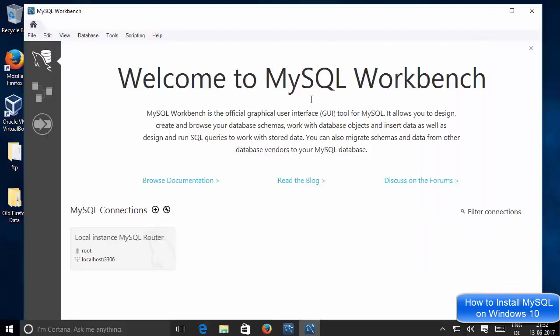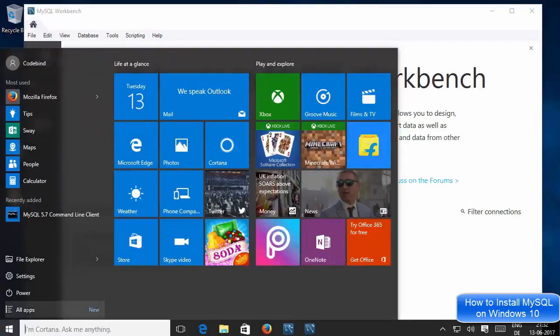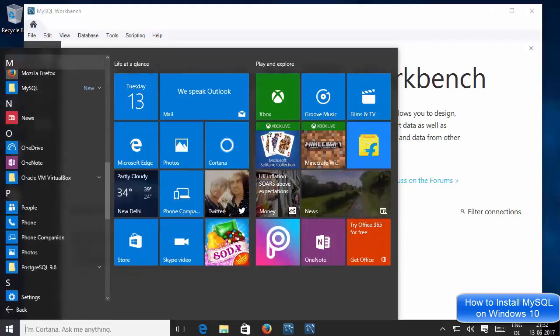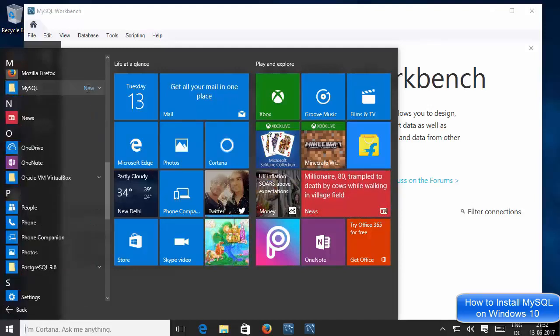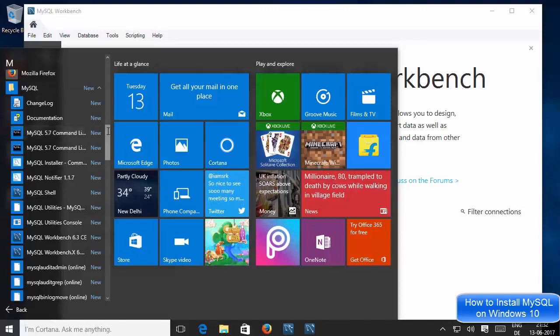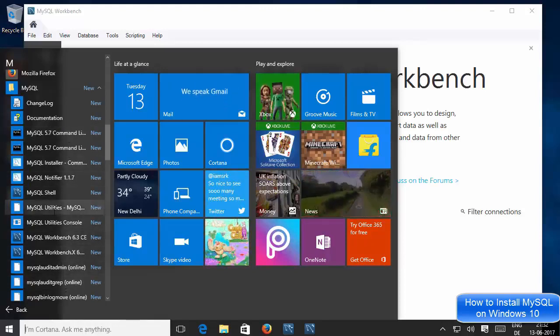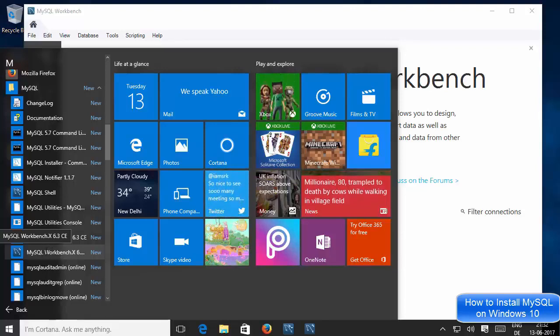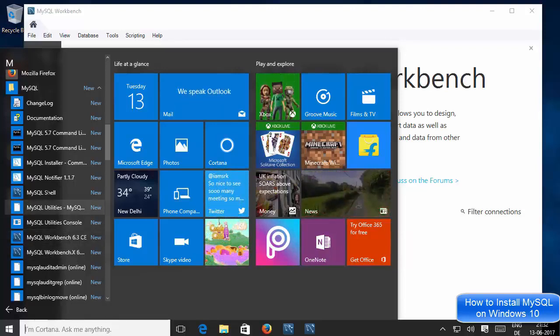Now if you are not able to see these two options in your case, you can always go to the start menu. So just go to the start menu and then go to all apps, and then search for MySQL. You can see MySQL is the new application. Just expand this, and you will be able to see all the command line options and Workbench also. So you can see this is the MySQL Shell, and then MySQL Workbench is here. So you can start them next time from this place. Okay, so MySQL Workbench and MySQL Shell.